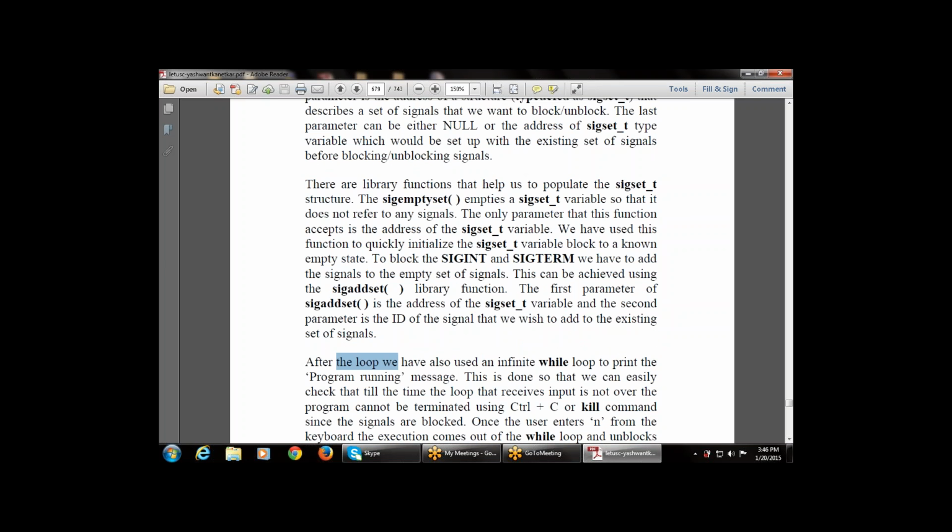After the loop, we have also used an indefinite while loop, that is while(1), to print the "program running" message. This is done so that we can easily check that till the time the loop that receives input is not over, the program cannot be terminated using Control plus C or the kill command,